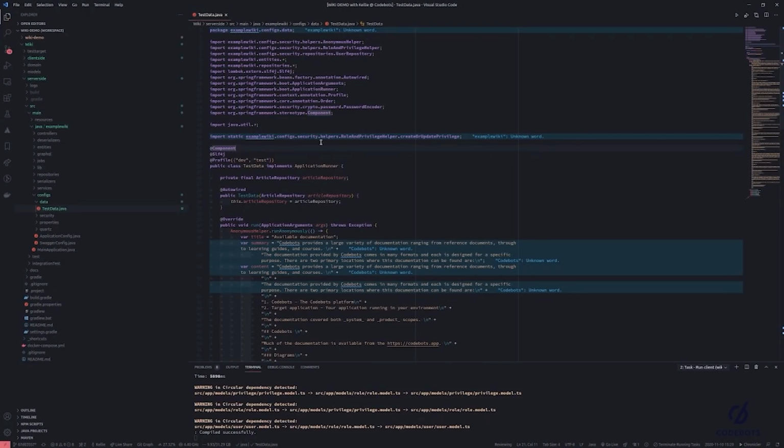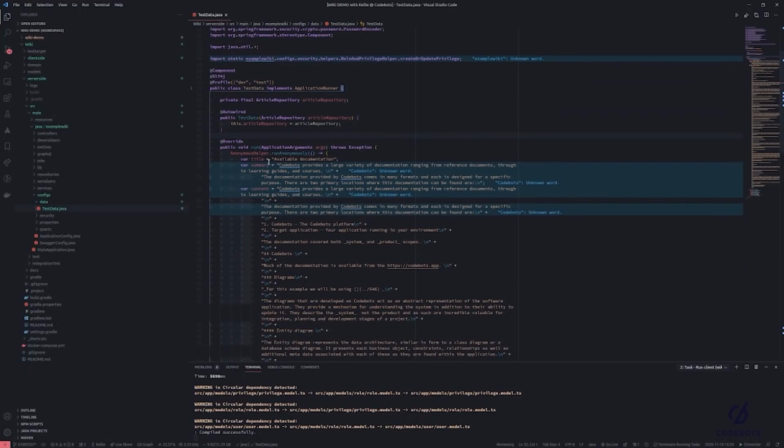First of all, this is an injected component using Spring Boot. We are running it using the dev and test profile, so this will not run in an application production context. We're using the application runner interface, so what that allows us to do is, as long as we implement this run method, this will start on application startup. Our anonymous helper here allows us to bypass some of our security rules to inject data directly